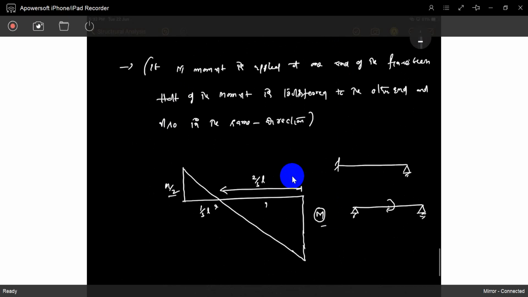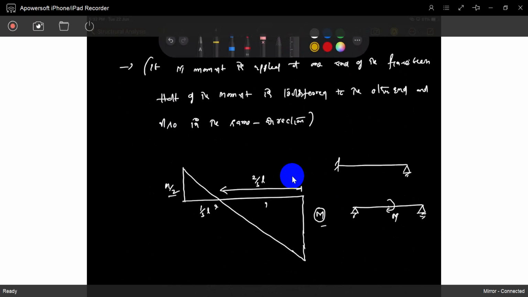If a concentrated moment M is applied, how will it deflect? Just imagine how it will deflect. It will go like this, and it will go like this. See, it is just lifting at a fixed point. Just hold it and lift it. It is a deformation. That's why if you fix it, with a fixed support provided, the moment is applied like this.